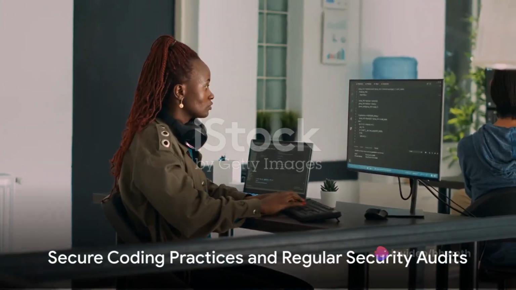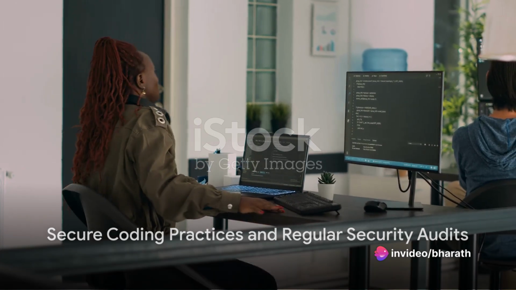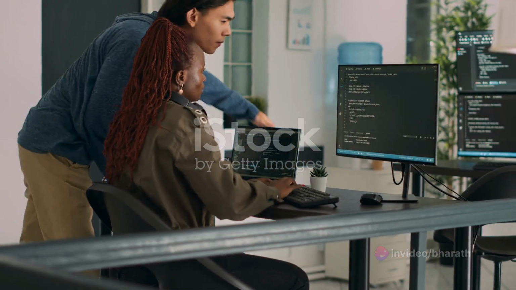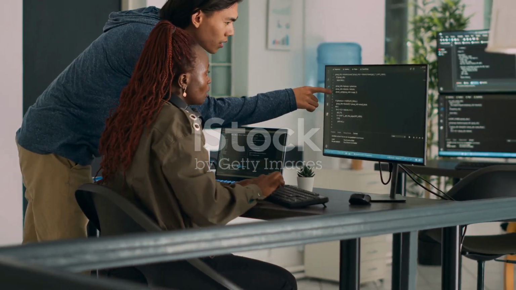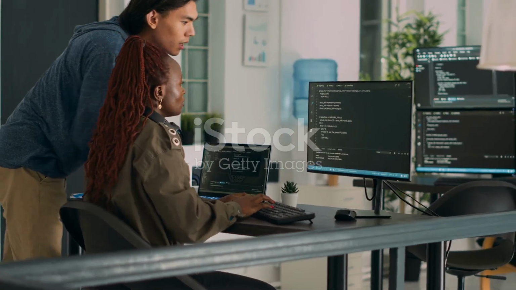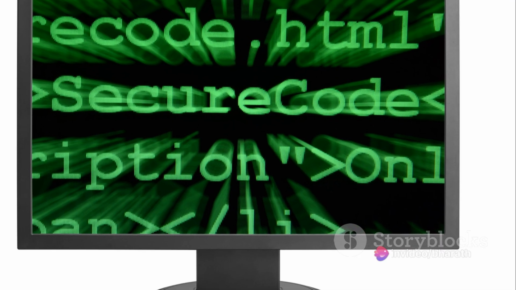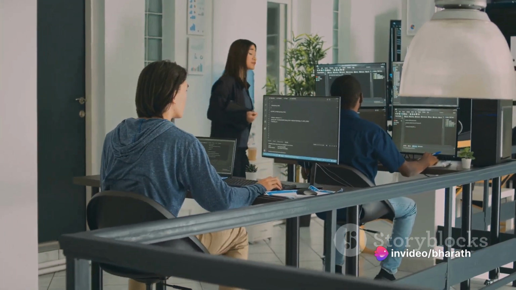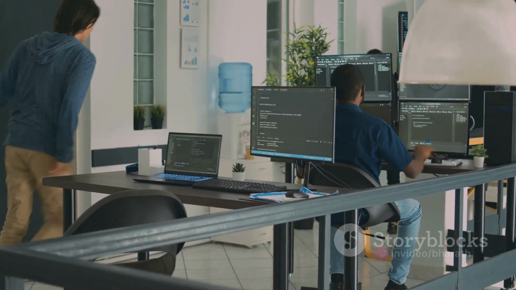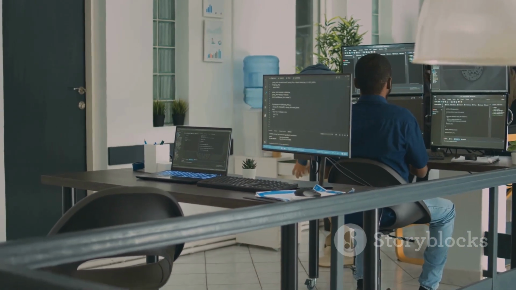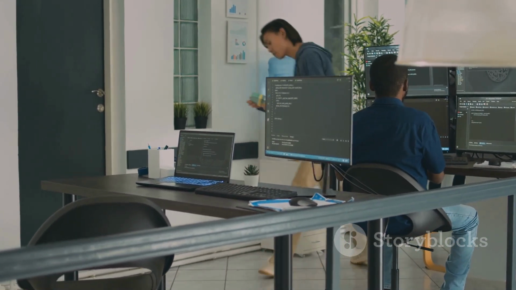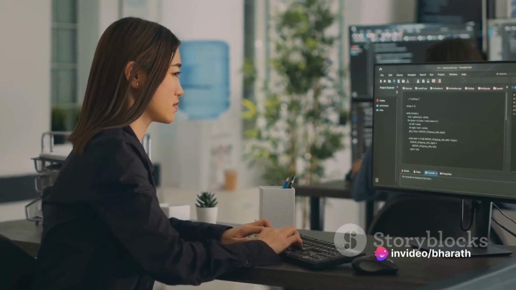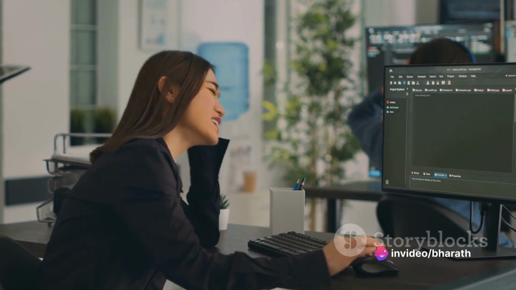defenses. Beyond these technical measures, secure coding practices and regular security audits can go a long way in preventing XSS vulnerabilities. Coding securely is an art and a science. It involves a deep understanding of the programming language and the potential security risks that come with it. It's crucial to train developers on secure coding practices. This training should emphasize the importance of properly escaping and encoding user-generated content. It should also stress the dangers of using risky JavaScript functions like eval, which can open the door to XSS